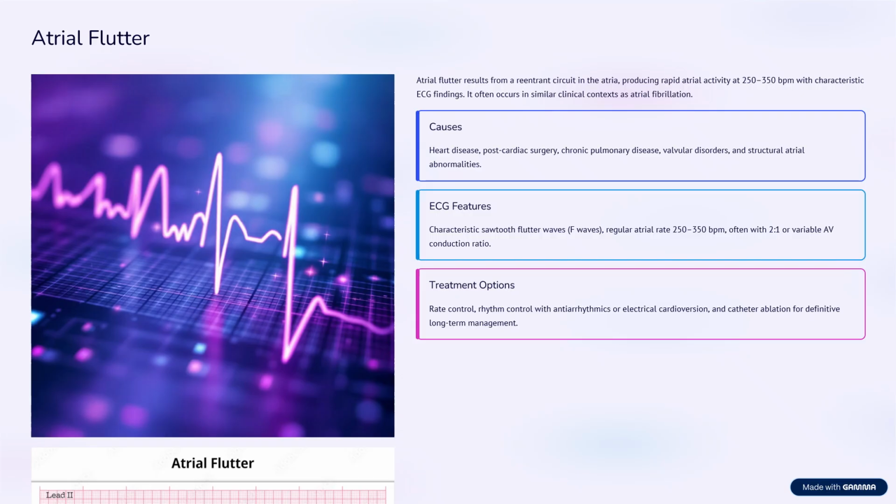On the ECG, atrial flutter produces the classic sawtooth or picket fence pattern, a series of uniform back-to-back flutter waves best seen in the inferior leads, such as leads 2, 3, and aVF. These flutter waves replace distinct P waves and give the rhythm a very recognizable appearance, almost like evenly spaced pickets